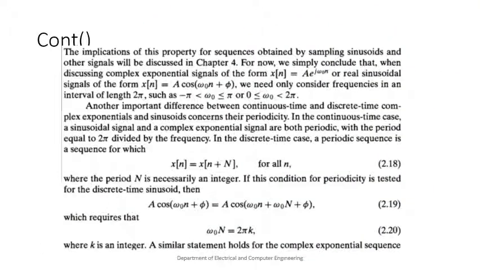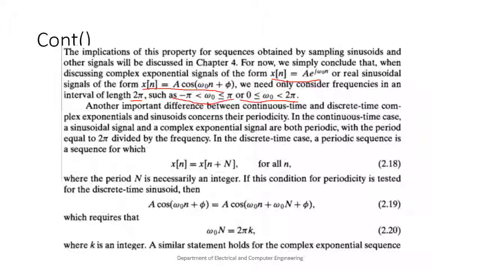We are going to talk about these indistinguishable signals in chapter number 4. For now, we simply conclude that when discussing complex exponential signals, or a real sinusoidal signal of this form, we only consider frequencies in the range minus pi to pi or 0 to 2 pi. We know that a signal is indistinguishable after 2 pi. We do not take 3 pi, 6 pi, 4 pi; we only take the frequencies between minus pi to pi or 0 to 2 pi, because after that the signal